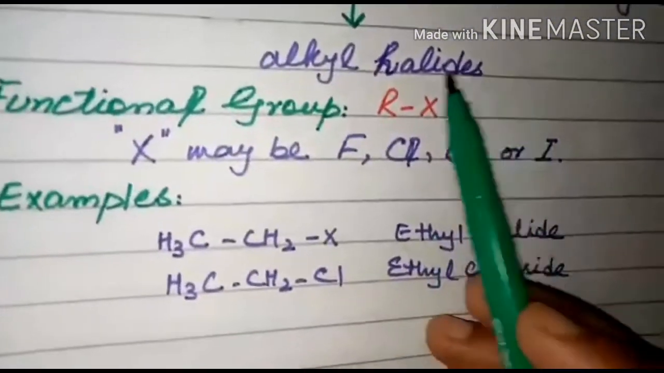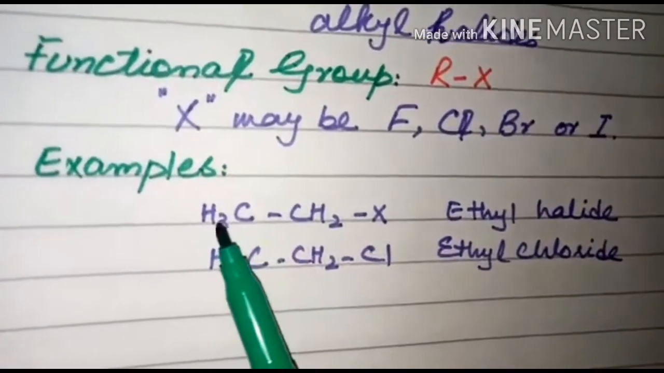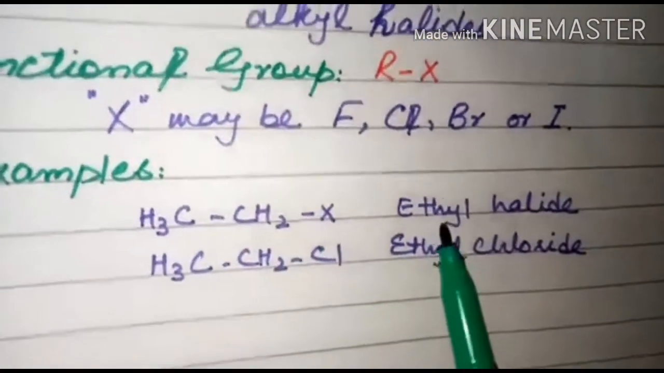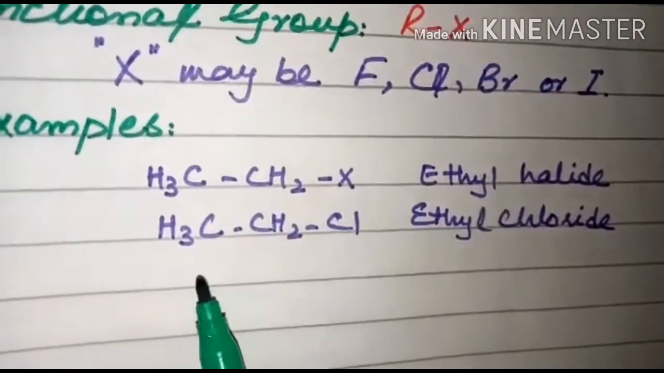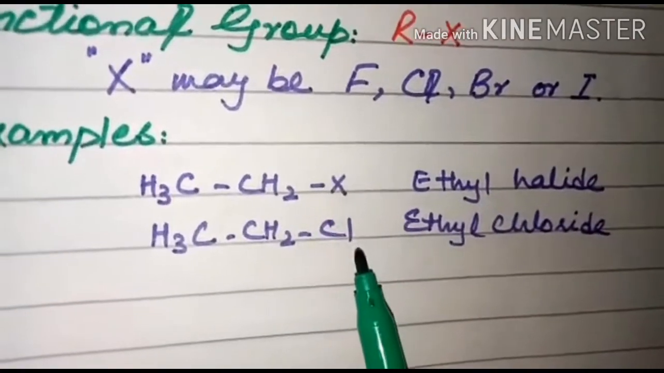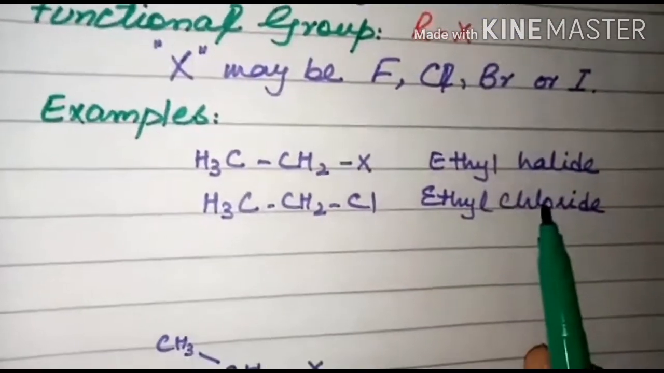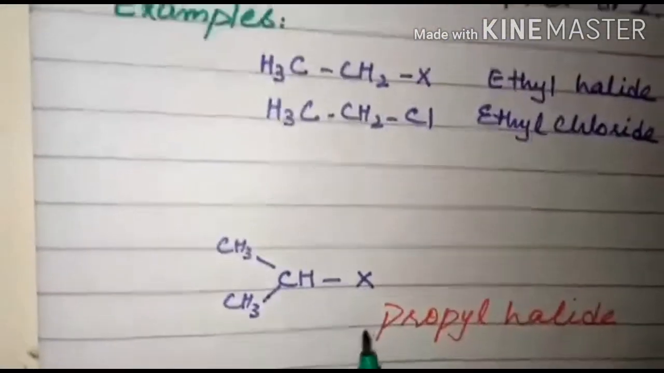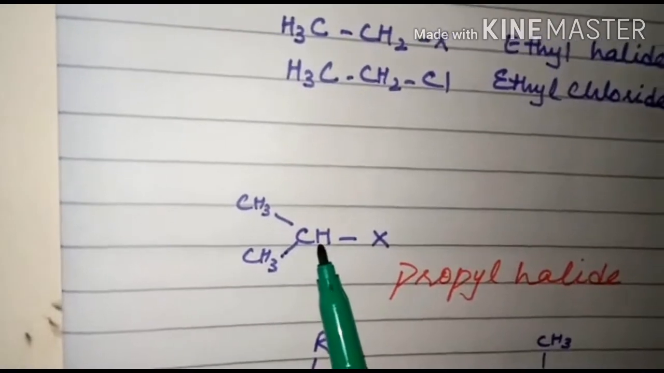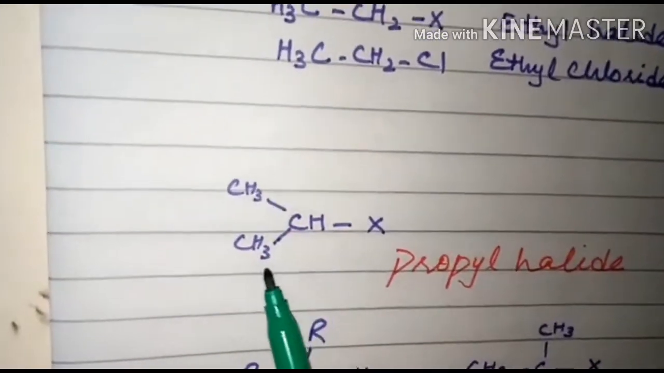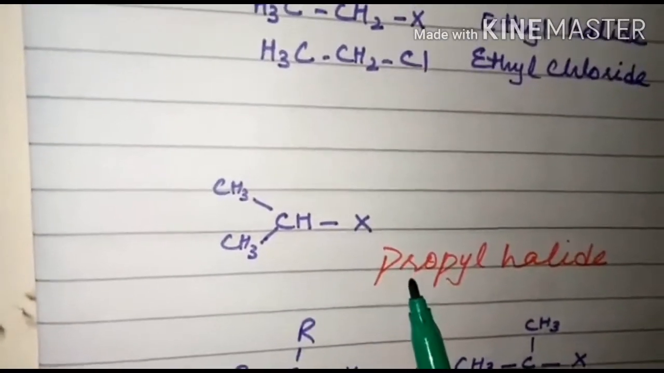Now see the examples. In place of R here, the ethyl group is attached, CH3CH2X. It is called ethyl halide. So if in place of this X chlorine is there, it is CH3CH2Cl or ethyl chloride. See the other examples as well. Now see this, with this X, the R group is CH(CH3)CH3, which is the propyl radical, which is formed